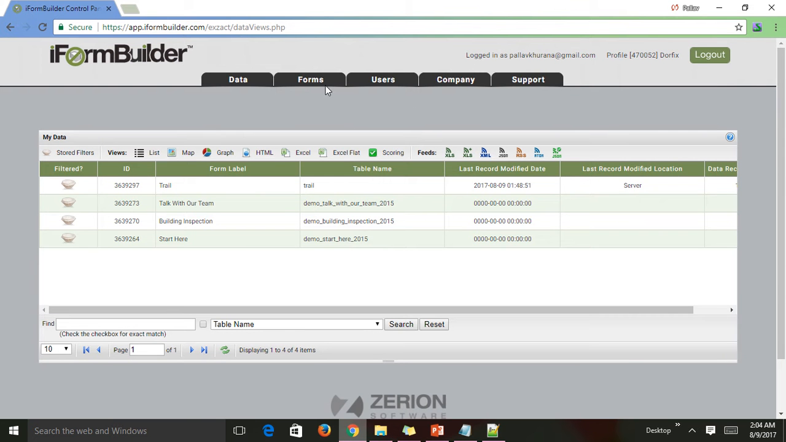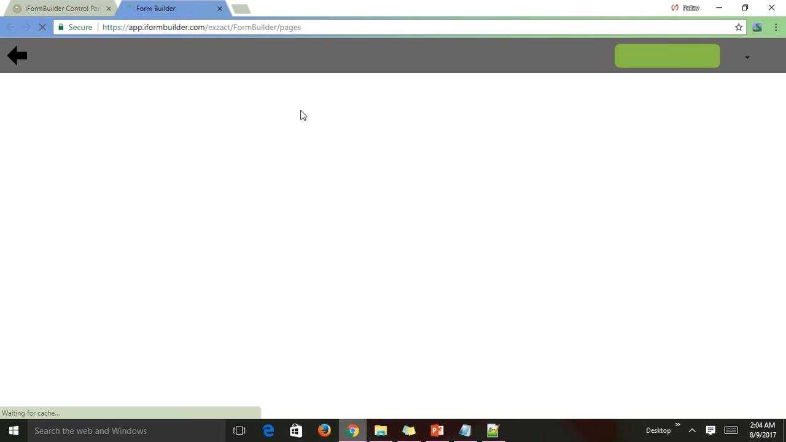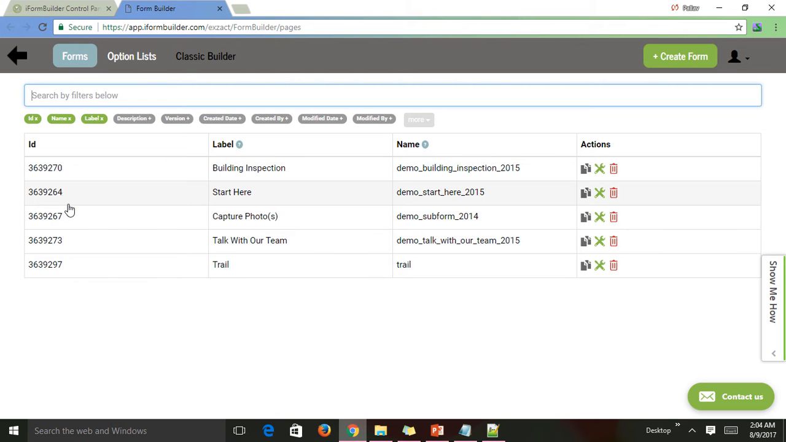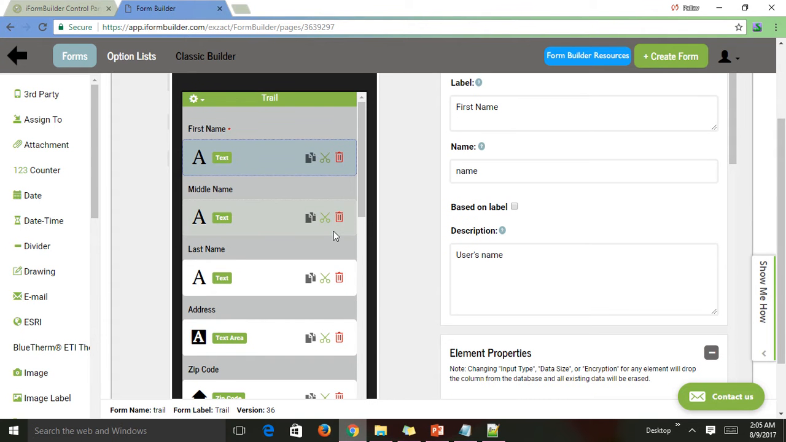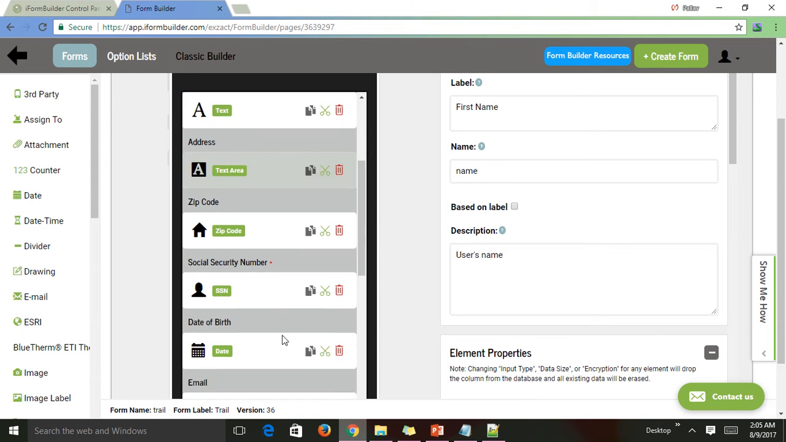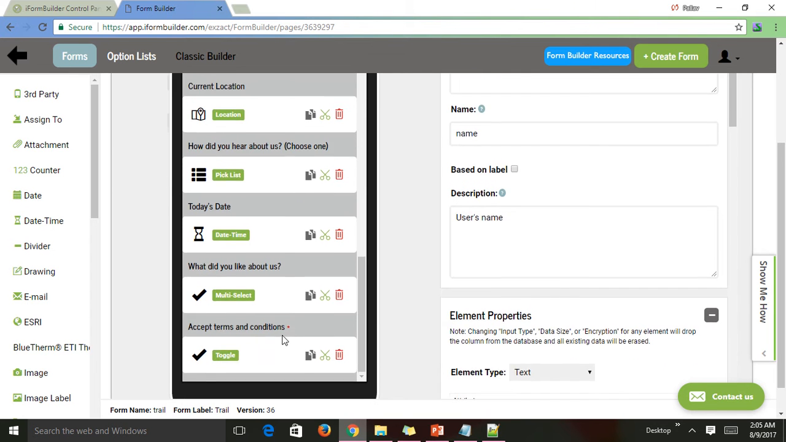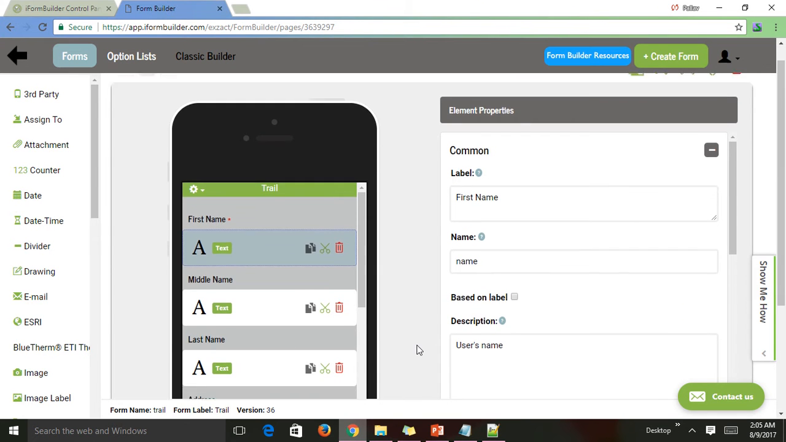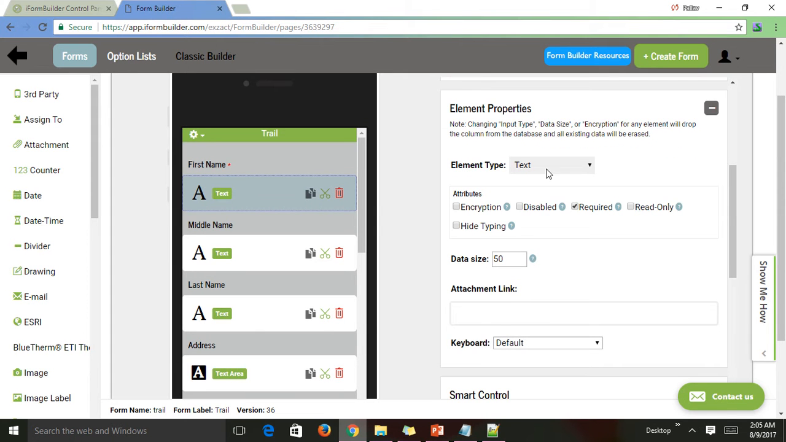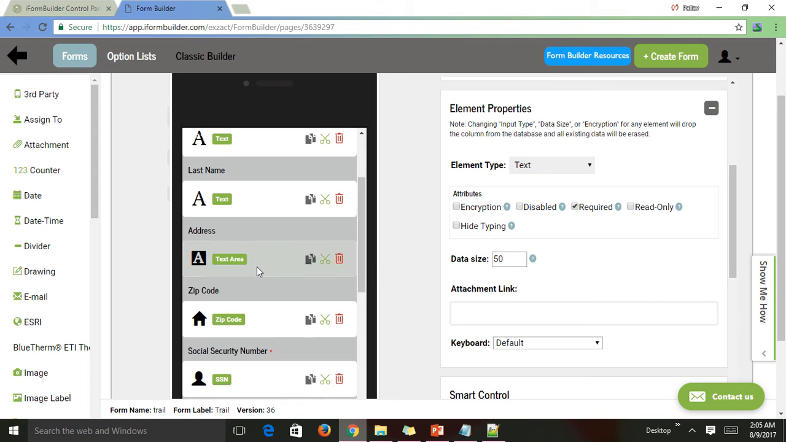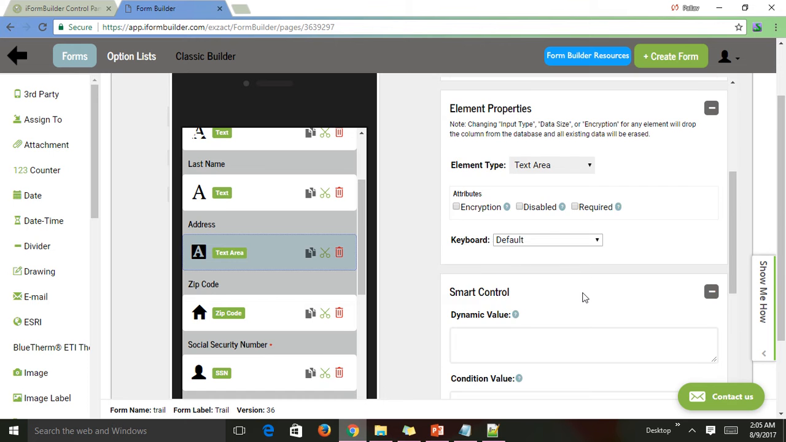So first thing, I'm gonna show you the form which I made. It's called trail. I explored various elements here, and I tried various element properties to make a good form. As we see here, the element type is text, and I have the attribute set as required, and then I have used text area and